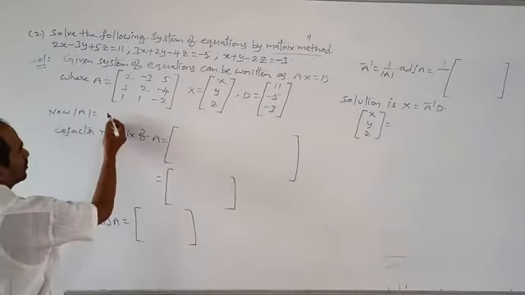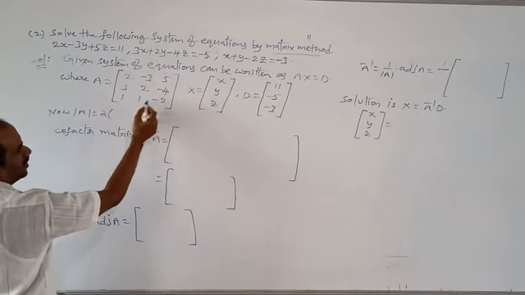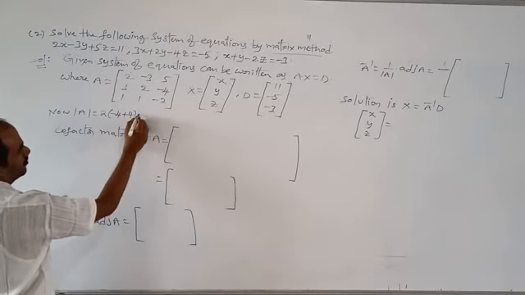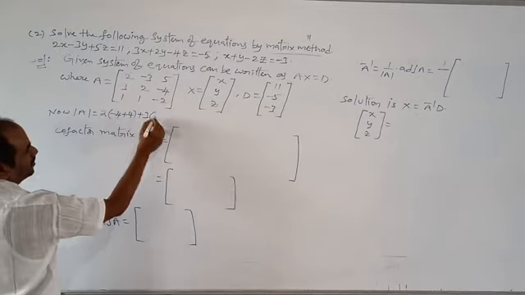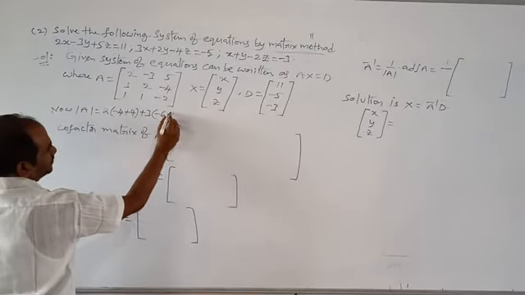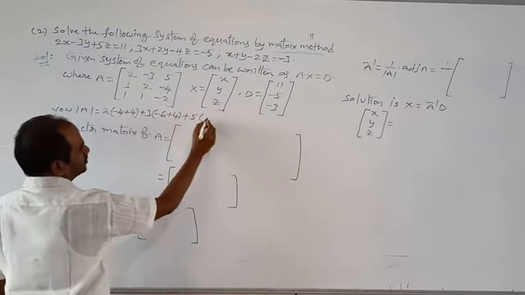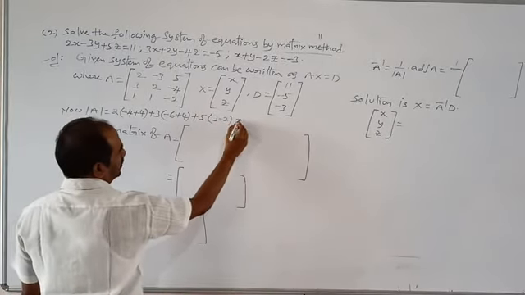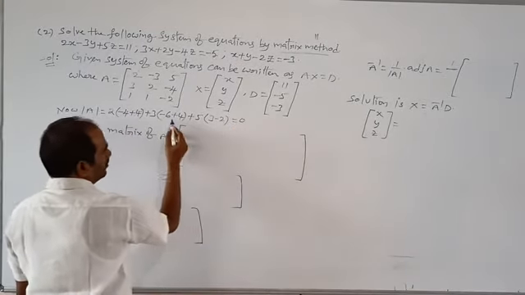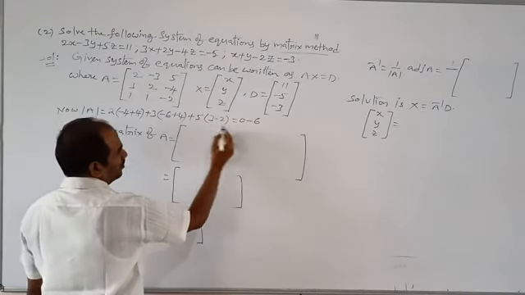Next, delta of A. Delta of A is equal to the determinant value. So that is 2 into, first row operation, AD minus BC. AD value is minus 4, minus BC is minus into minus plus 4. Minus into minus plus 3 into AD minus BC, where AD value is minus 6 and minus into minus plus 4. Next, plus 5 into AD minus BC, so that is 3 minus 2. So that is equal to, this will get cancelled as 0. Next value minus 23, minus 23 is minus 6. Next value 1, 1 into 5 is 5.